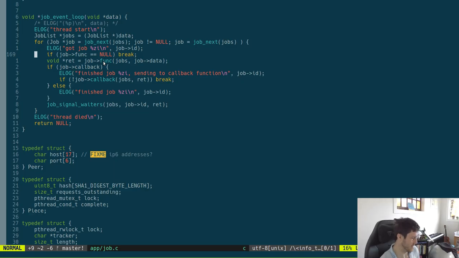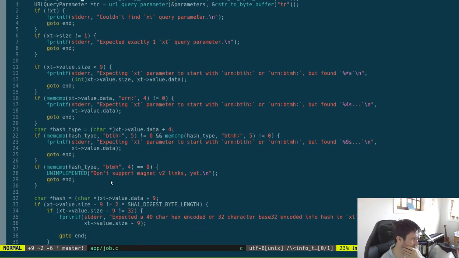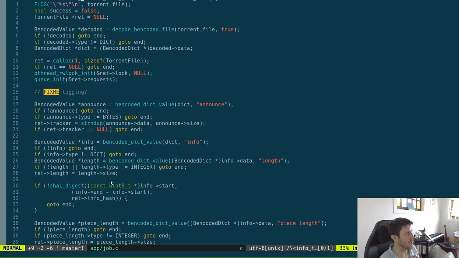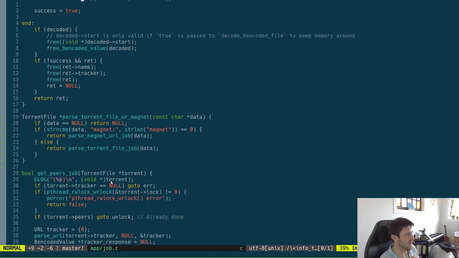So you basically call a function with the jobs list, which is just a job list, and with some data. And if that job completed, if it had a callback, it calls it back. Otherwise, it doesn't. Then it signals waiters, and there were waiters and whatnot. But what I think I want to do is